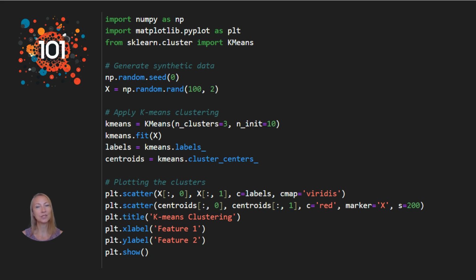In this example, we first import the necessary libraries. We create synthetic data using np.random, generating 100 points with 2 features. Next, we initialize the K-means algorithm by specifying the number of clusters, k is 3, and fit it to our